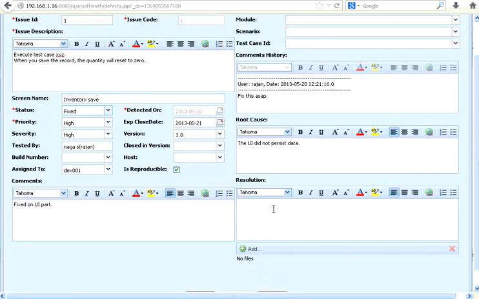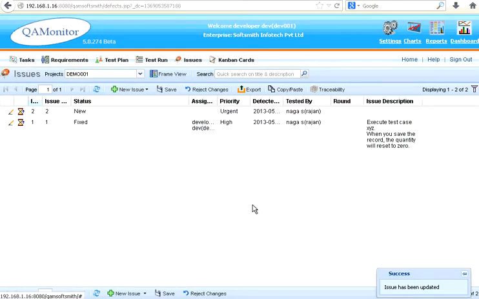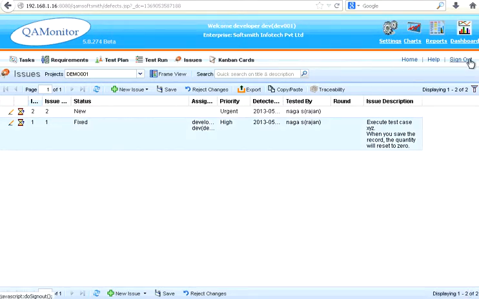Resolution: changed JavaScript code. These are the programmer's technical details. The programmer changes the status to fixed, then saves this. So the bug has moved from new to open, then open to fixed status. This is what the developer does.